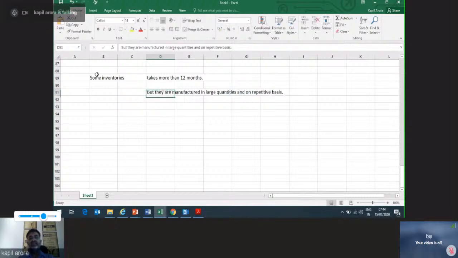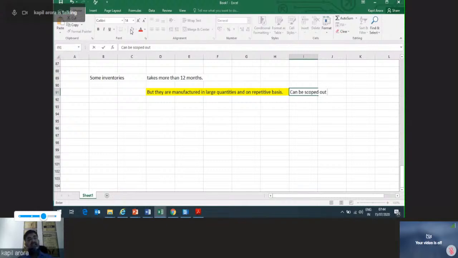For example, though we have considered wines take more than 12 months, the standard has mentioned if an entity is producing inventory in large quantities and on a repetitive basis, then in that case that can be scoped out. Scoped out means it will not be considered